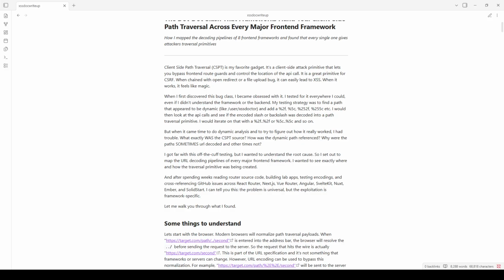I tested for it everywhere I could, even if I didn't understand the framework or the backend. My testing strategy was to find a path that appeared to be dynamic, like /user/xssdoctor, and add %2f, %5c, double encoded, etc. I would then look at the API calls and see if the encoded slash or backslash was decoded into a path traversal primitive. I would iterate on that